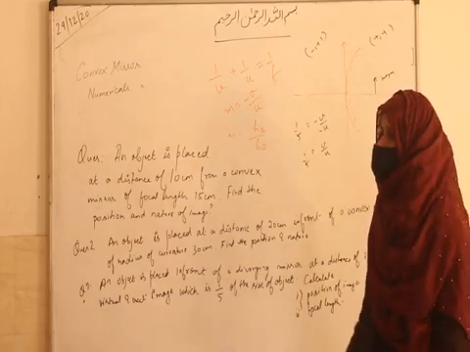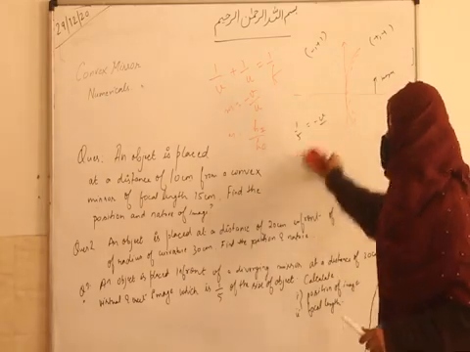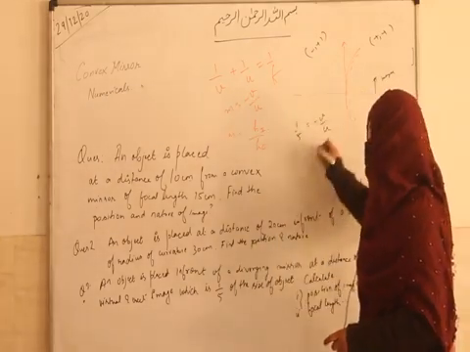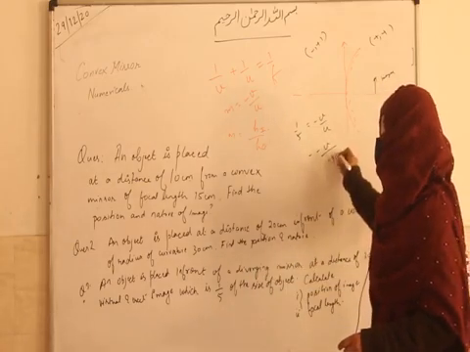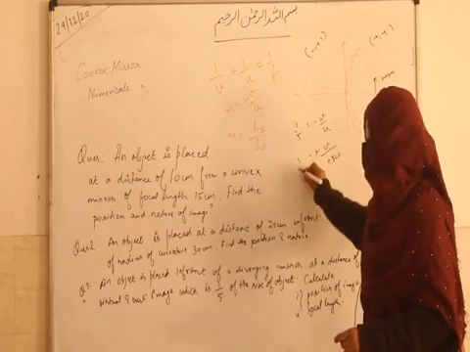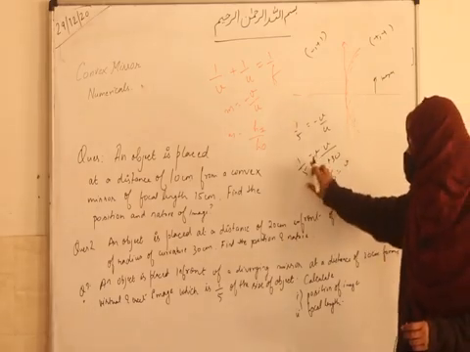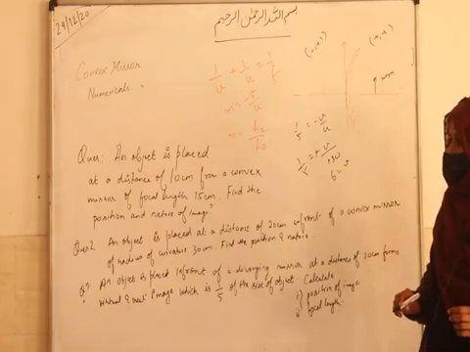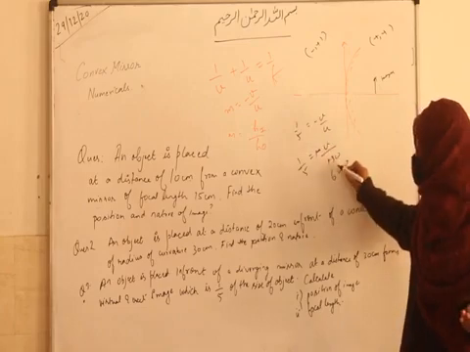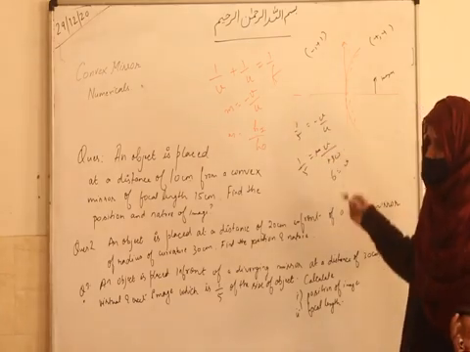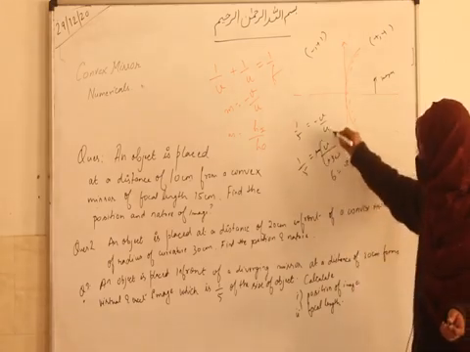Minus will cancel out. That's why again I am saying, please take care of the sign. 1 upon 5 is equal to minus v upon u. U will be negative, minus 30. So this will cancel out. 30 upon 5 is 6. Now why will it be negative? It is positive. It is minus v upon minus u. U is supposed to be negative, v is supposed to be positive. In a convex mirror, v is always positive. So the minus will cancel out. Fine now.